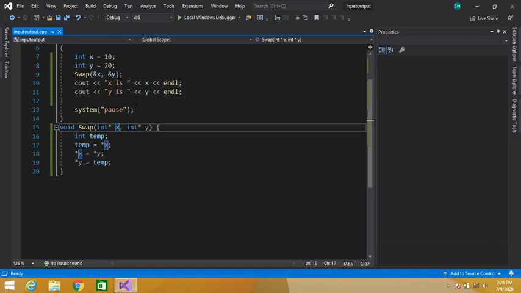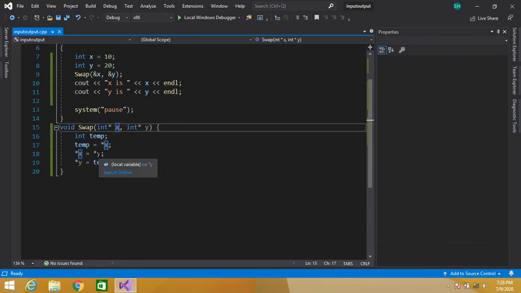So using this dereference operator, because this holds the memory address of y, I am dealing with its value. So I have stored the value of this y in x. Notice I have used the dereference operator, which means I have stored the value of y to x.